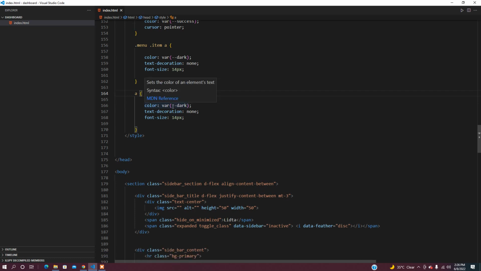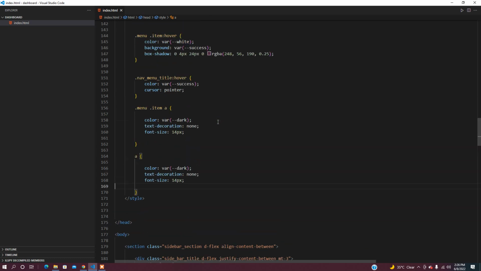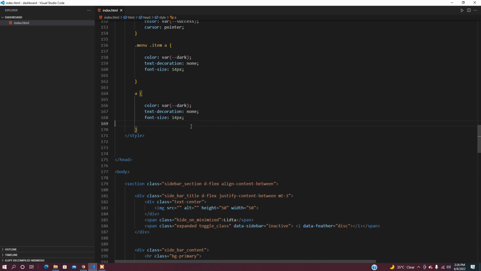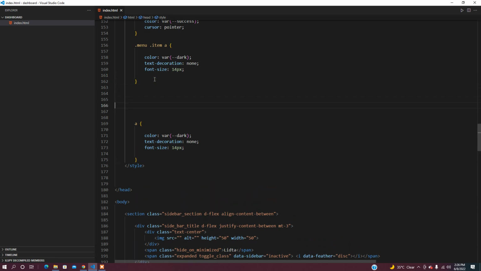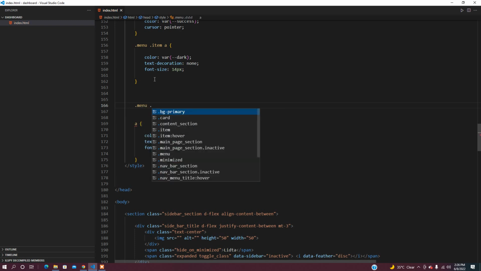So what I'm going to do, I'm going to have menu item over there. I already have. Let me just going to have a menu item because it's a class menu, then item,